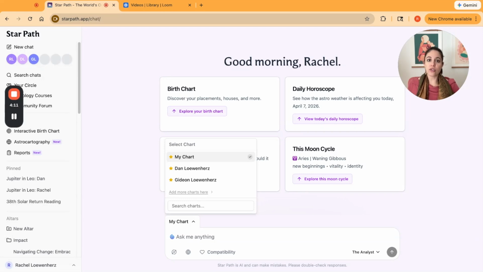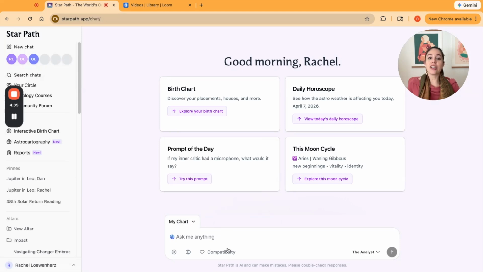So if you want to understand your partner, you can't do that in a chat that has your chart as its base unless you click the compatibility button. That lives over here. And when you select compatibility, this will do what's called a synastry analysis, which will compare multiple charts. So you'll choose a chart to compare to the base chart, and then our ephemeris can get their